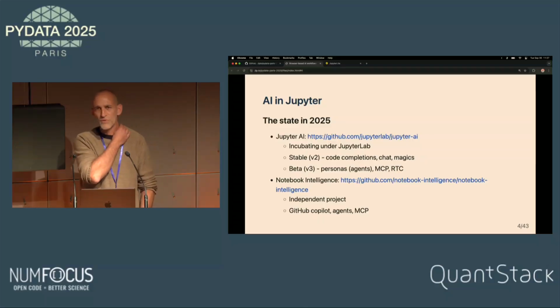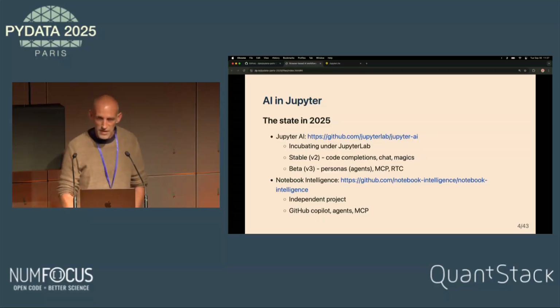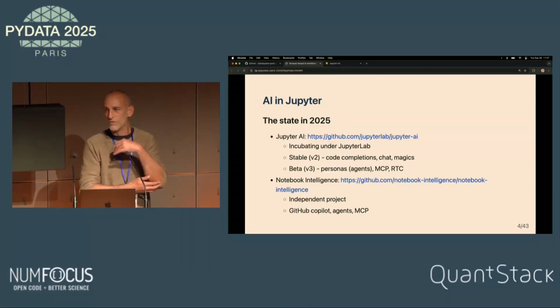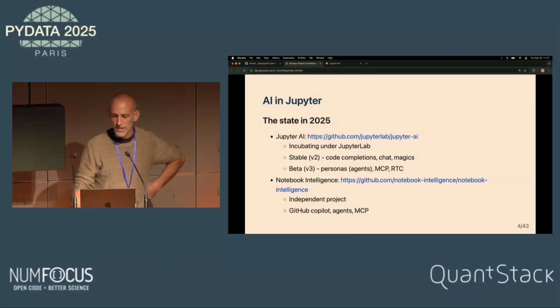I think it started 2 or 3 years ago. The current stable version allows code completion, has a chat to interact with the LLM, the language model, and allows some magic commands to be used directly in the notebook.